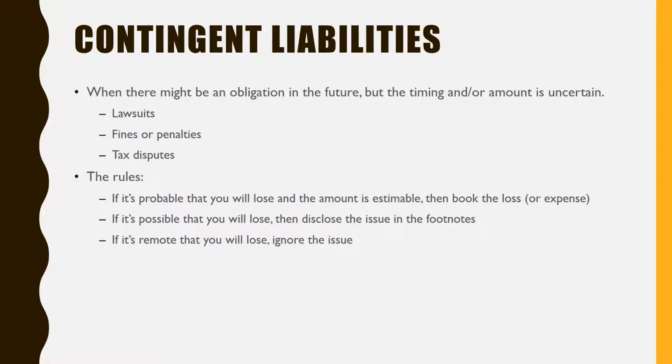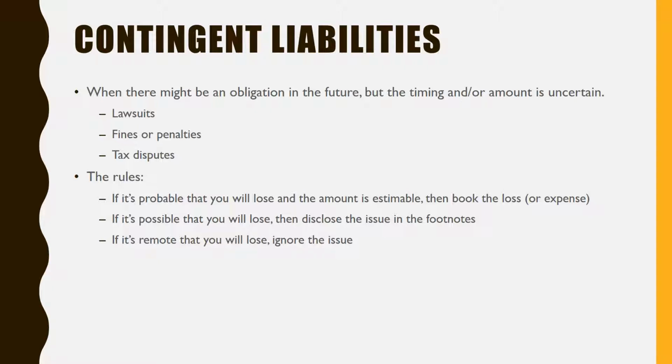Lastly, we have contingent liabilities. Contingent just means you're not really sure what the timing or the amount is going to be. It's all contingent on how things turn out. Warranties technically are contingent liabilities because we're not really sure how much the repairs are going to be. We know there's going to be some repairs, but not sure about when or how much. But normally when people talk about contingent liabilities, they're talking about lawsuits, we're being sued for patent infringement,